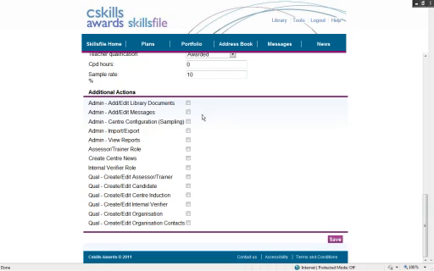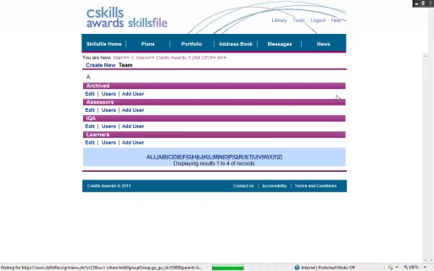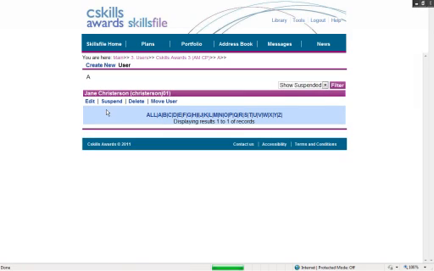As per the verifier, you now go and select which actions you want them to be able to complete on Skillsfile. So we've got the assessor and trainer role, but I also want them to be able to edit candidate details and the company contact details and the company. And then I'll just click Save. And we now know that the assessor's details are live and their name is Christensen J01. As with the verifier, once you click OK, you need to go back in, and there Jane is, edit,